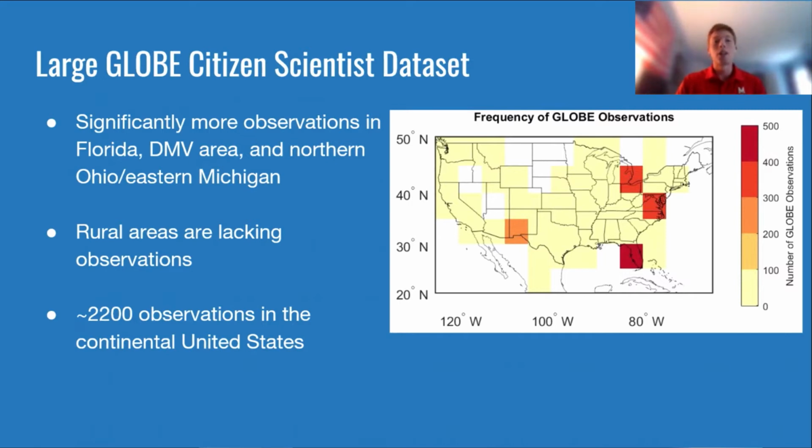So we wanted to tap into that, and we used this larger data set and subsetted it for the times the Terminator was passing over the citizen. And this heat map here displays the spread of where we got most of our observations. As you note, Florida is a major hot zone. Near Langley, which is located here, we get a lot of observations, as well as this eastern Michigan and northern Ohio area. In total, there are 2,200 observations. This is all from this year in the United States.